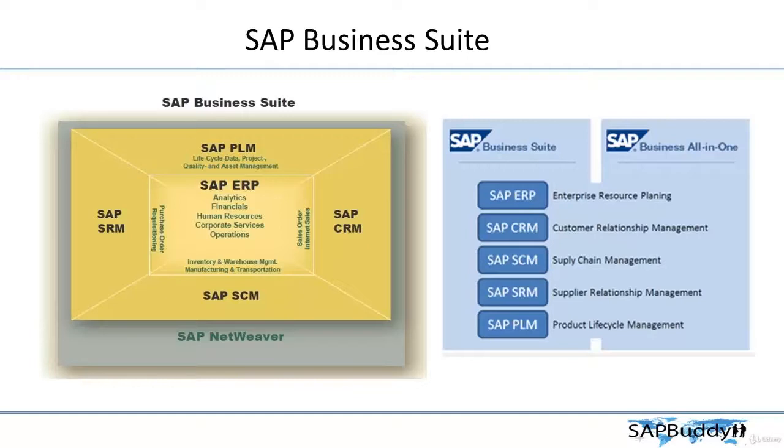So for that, first let us review the SAP portfolio. SAP ERP is an application. SAP offers SAP applications in different areas that we know: SAP SRM, that is Supplier Relationship Management, PLM, that is Product Lifecycle Management, CRM, Customer Relationship Management, and SCM, Supply Chain Management. All these products are called SAP Business Suite,